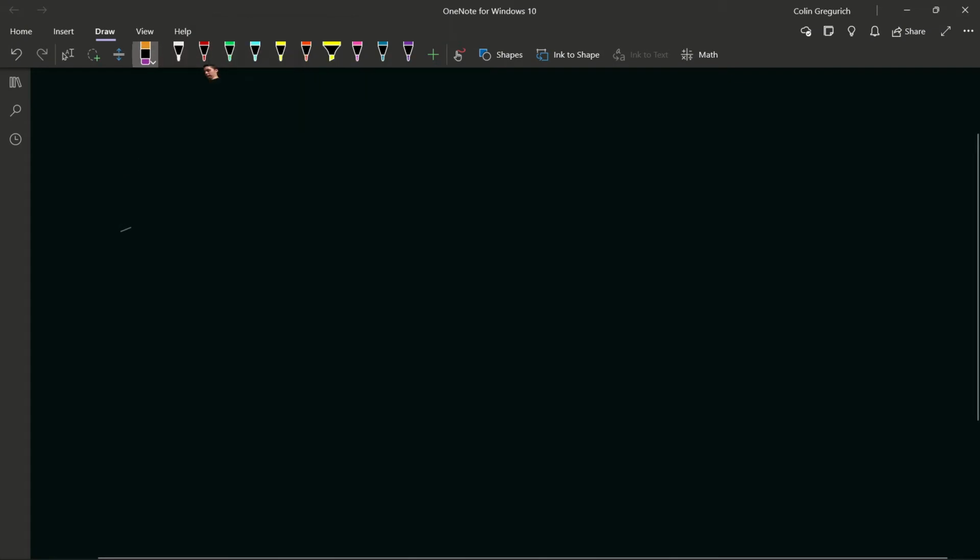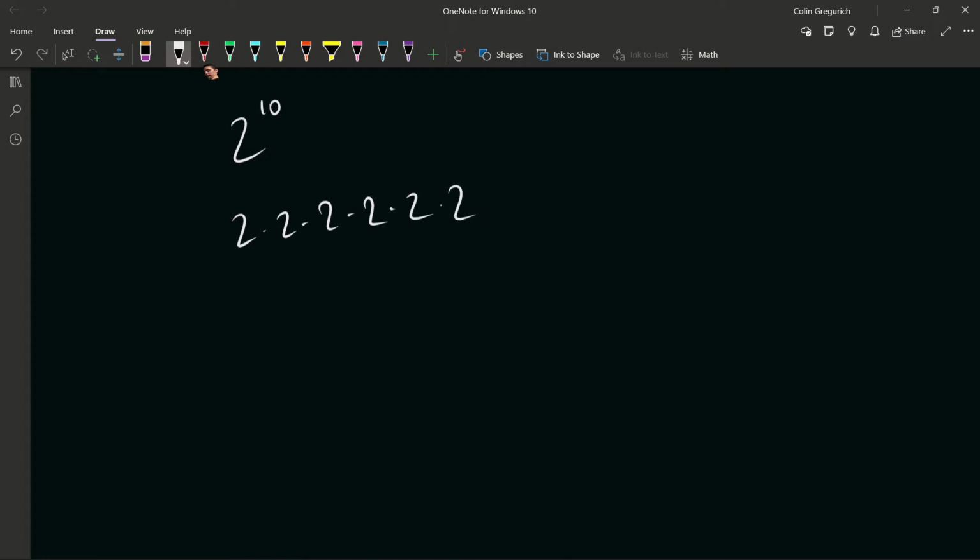Right, so what is a power? A power is a number multiplied by itself over and over, right? So like 2 to the 10 is 2 times itself 10 times. So 1, 2, 3, 4, 5, 6, 7, 8, 9. So if we wanted to do this brute force, or not even, it doesn't even sound like brute force, but linear time,